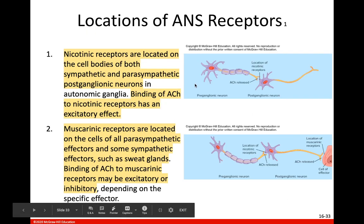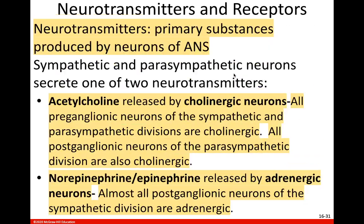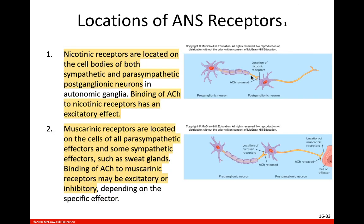Okay, so this is just kind of a review. This is showing us our nicotinic receptors, again, being released by all preganglionic, not the nicotinic receptors, but the cholinergic neurons. Remember, all preganglionic neurons are releasing acetylcholine. So this means that all postganglionic neurons have nicotinic receptors. So every postganglionic